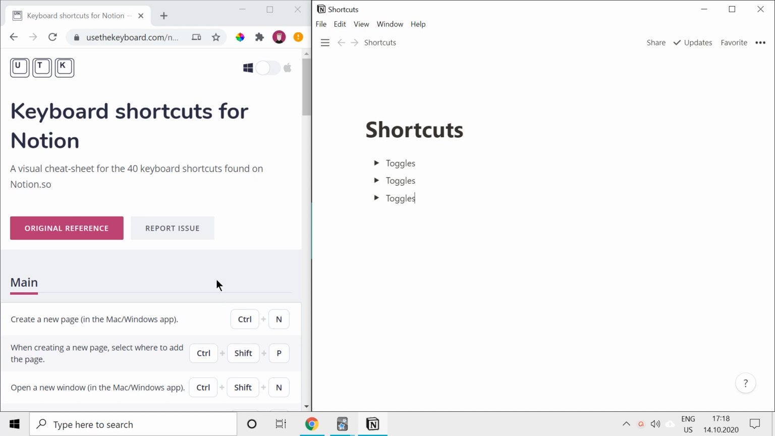Hey everyone, in this video we are going to have a look at Notion keyboard shortcuts. This will make your work with Notion much easier and faster. We are going to be using this website called usetheKeyboard.com. If you want to access the same website, just type